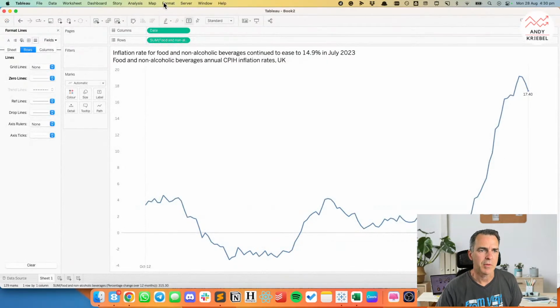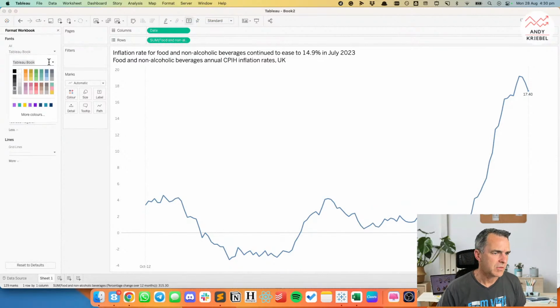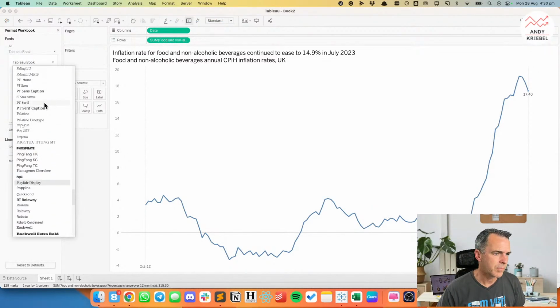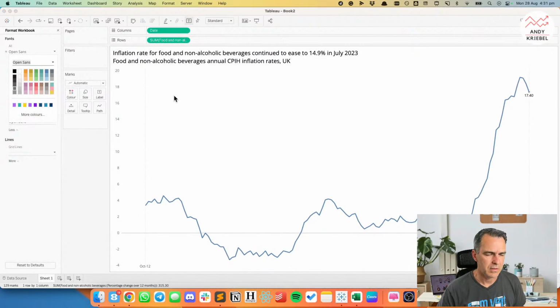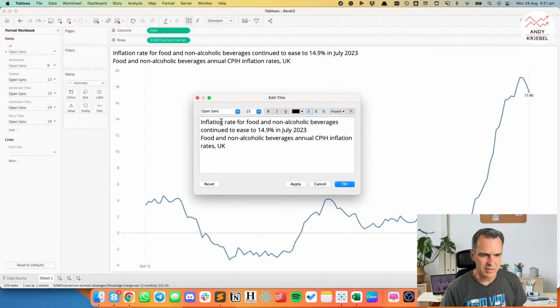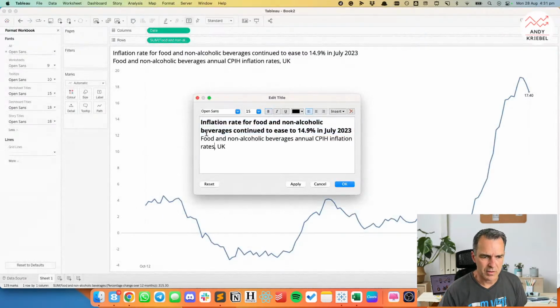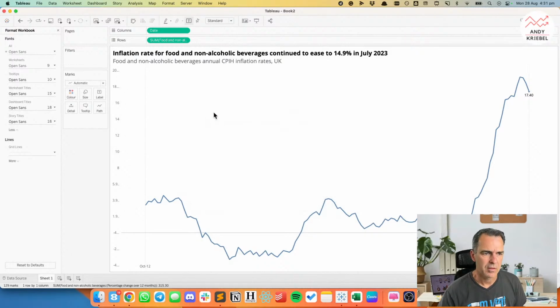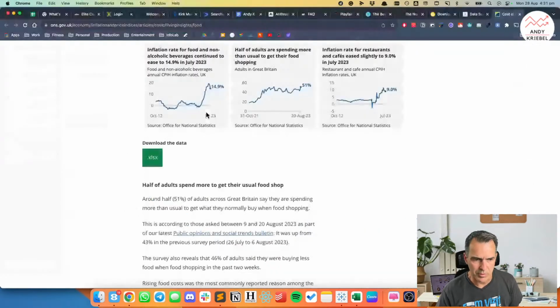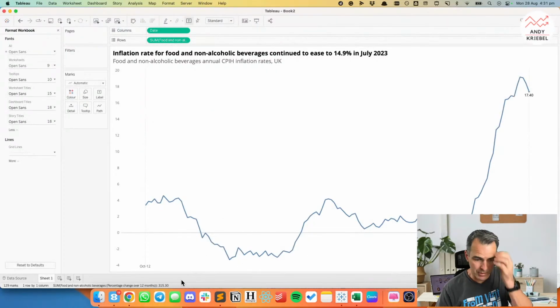So let me go back over to TABLEAU, and I'm going to format the workbook and change my font to Open Sans. Okay, so that's good. And then, so this one should be 16. Okay, and then bold. And this one should be, boy, that looks smaller than 14 point, doesn't it? So this one should be 14, and then maybe a slightly lighter color. Okay, something like that. I'm probably going to have to fix this when we come back in. Okay, so that's that one.